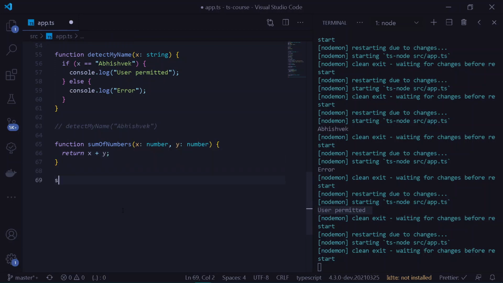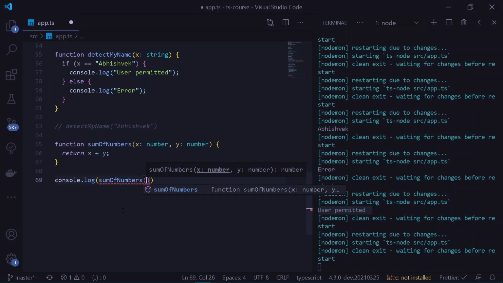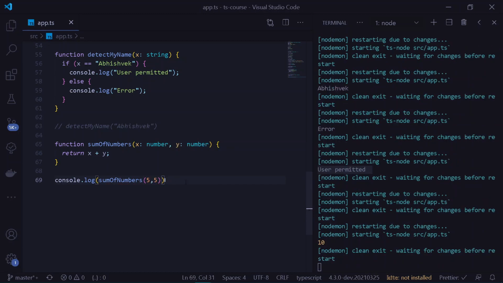And here if I simply say console.log, and under my console.log I say sum of numbers, and under this I need to provide two different numbers, let's say 5 and 5, and after pressing Ctrl and S, we shall be getting our output to be 10. Now this is a normal way of declaring our functions, but you can also do one thing,